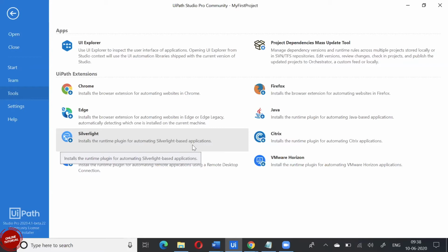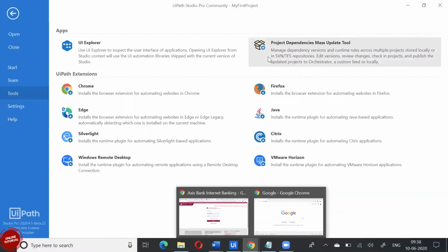Right. So from this UiPath for this machine, you are giving access to this particular browser. Same way we have for others also, Firefox, Edge, whichever browser you are using, you can do that here. So Citrix, VMware, remote desktop, but you don't see it here for IE. For IE, nothing is required because, as I said, this product is built on a .NET platform. So whatever is supported by Microsoft is supported by default by UiPath as well. You will not have any extension for Internet Explorer. Okay. Fine.